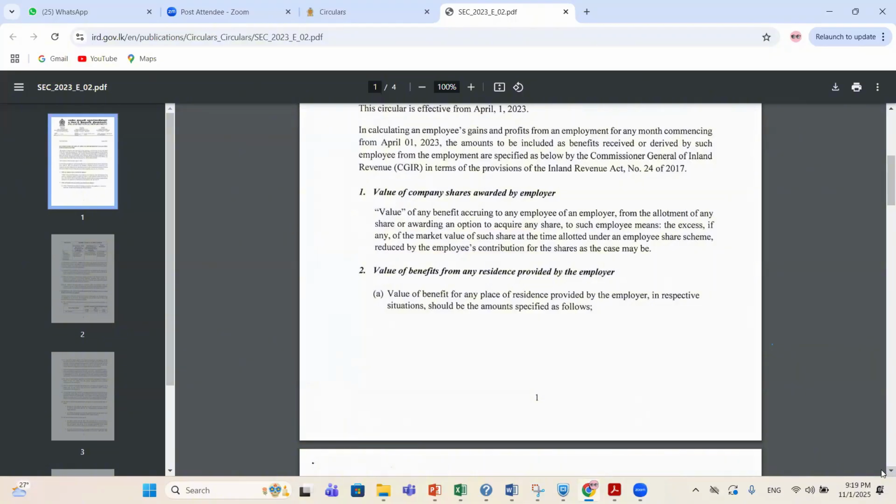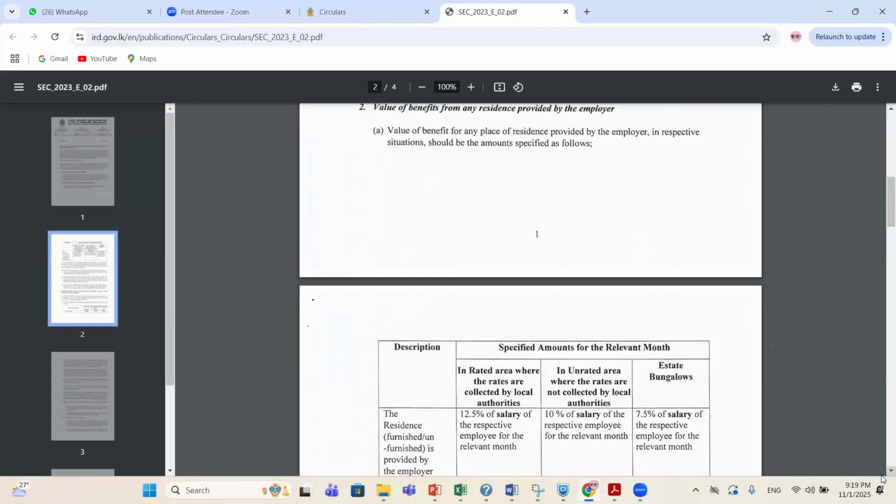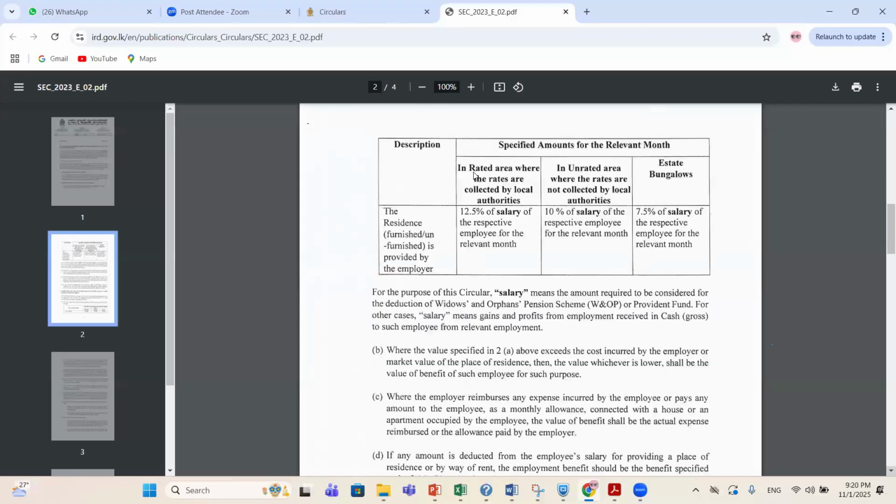Value of benefit from any residence provided by the employer. The value of benefit for any place of residence provided by the employer in the respective situation should be the amount specified as follows, right? So if it is a rated area, if this housing is in a rated area, it should be 12.5% of the salary.